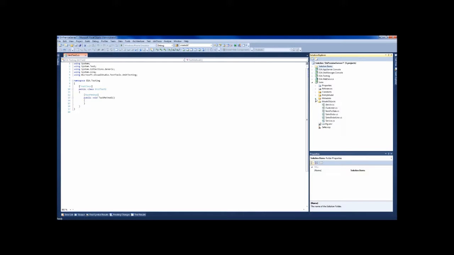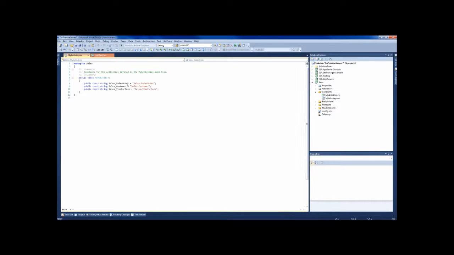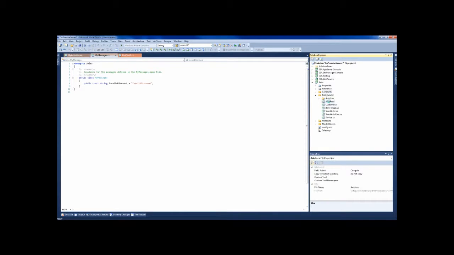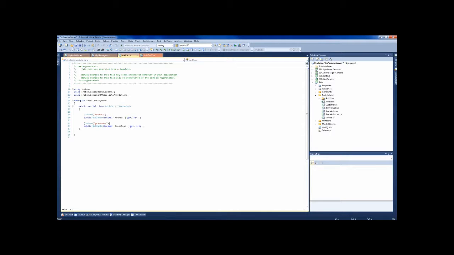The Sales project consists of a handful of subfolders that make up the elements of our application. The Constants folder houses activity definitions, enabling us to refer to them in code form, and a Messages Constants class that enables us to refer to the application's messages in code as well. Next is the Entity Model Objects folder. expanzPLATFORM leverages the Entity Framework to provide LINQ support for retrieving data. The Entity Framework has its own built-in ORM. For more complex data retrieval, or to avoid learning the Expanz ORM, we can use LINQ to gain access to